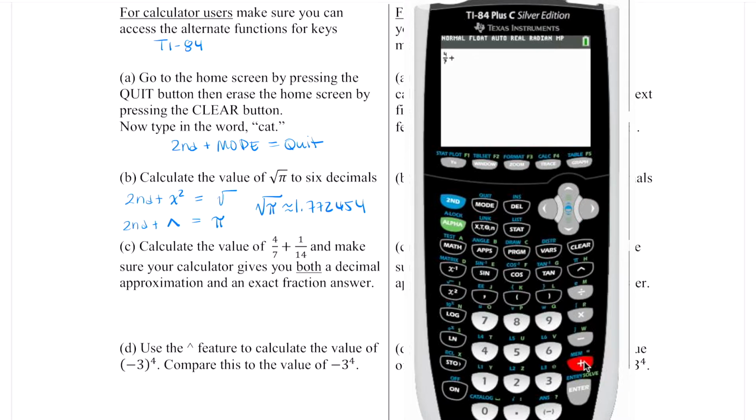And then I'm going to go plus, and let's do this again, math, fraction, enter, 1 divided by 14. And then I'm going to hit enter, and that gives me 9/14. This is an exact answer, and I want an approximate answer. So let's go to the math menu again and go back to fraction and see right here, number 3, fraction and decimal. So instead of going down to number 3, I'm just going to press the number 3, and there it is. This is decimal. So our answer here is 9/14. That looks like the letter A. Let me fix that, which is approximately